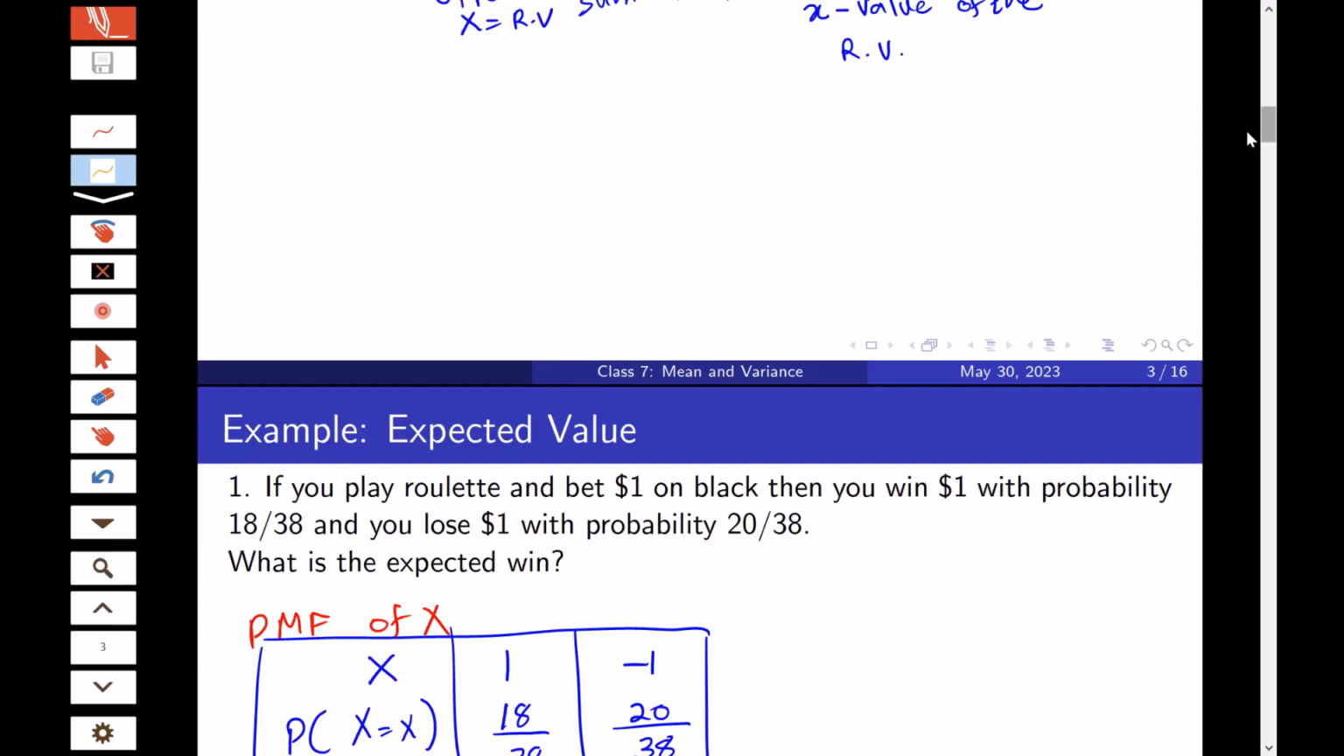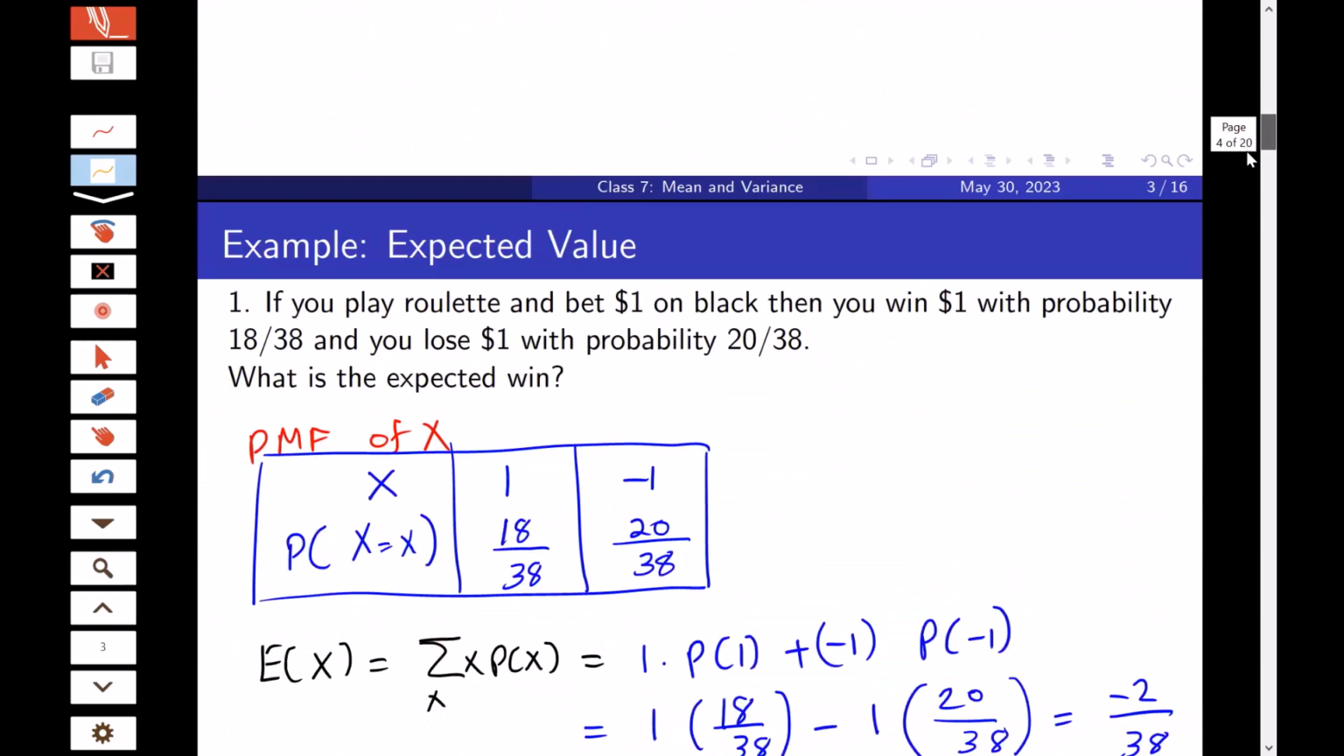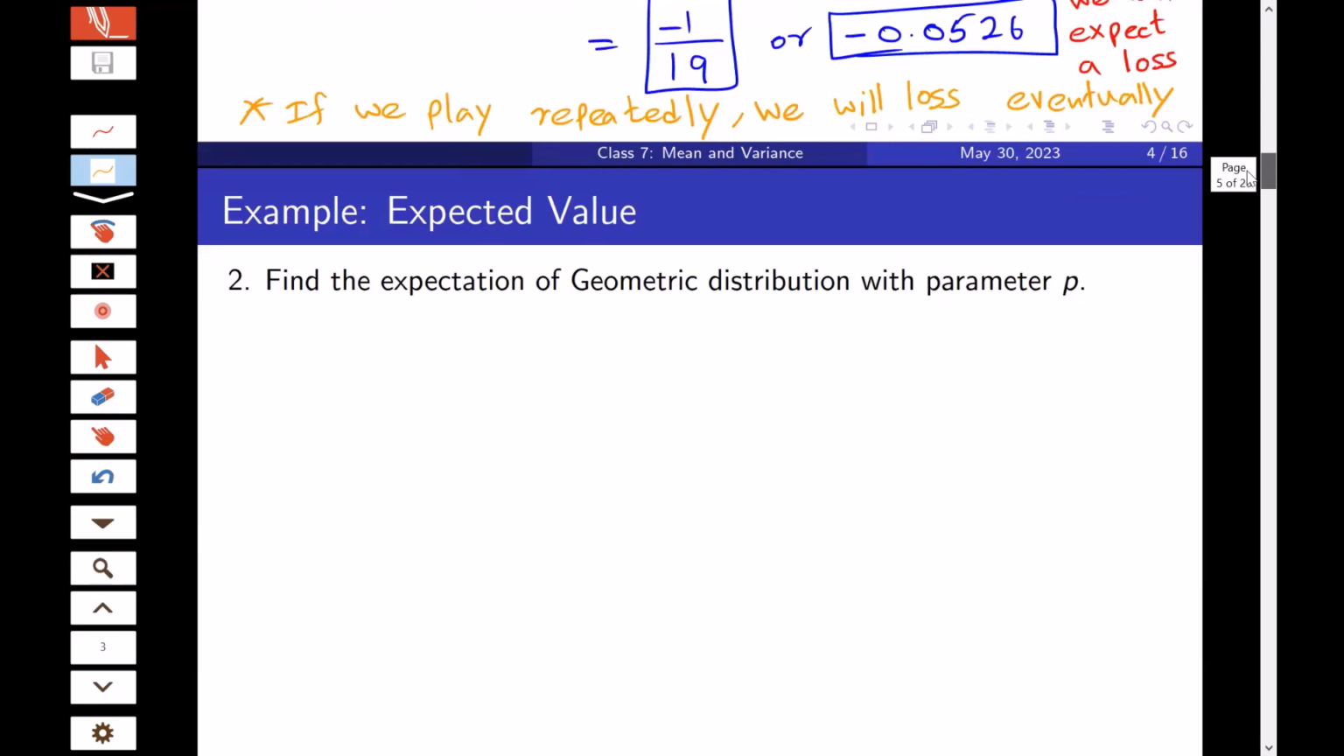Okay, so let's do a quick example. Find the expectation of the geometric distribution with parameter p. This is just an exercise to get a feel for the geometric distribution as well as the expectation formula, but I'm not going to ask this one in your exams. Let's write down the geometric distribution, and let's say x follows a geometric distribution